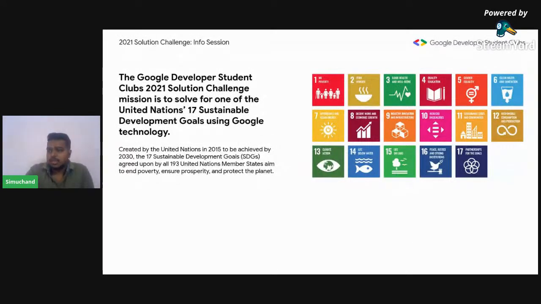is the United Nations' 17 Sustainable Development Goals. This is the theme that we have been given by Google for this year. And what does a sustainable development goal mean? It means that you develop something that is sustainable. Sustaining means it has to go on for a long period of time, and the solution that you give should address that